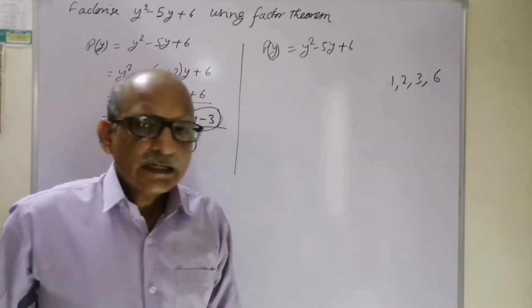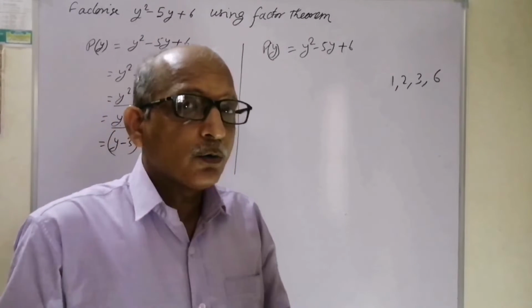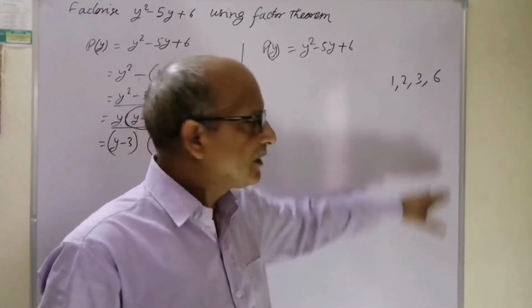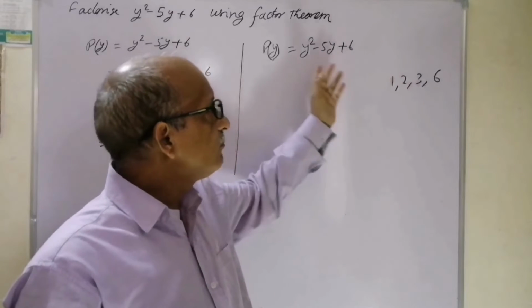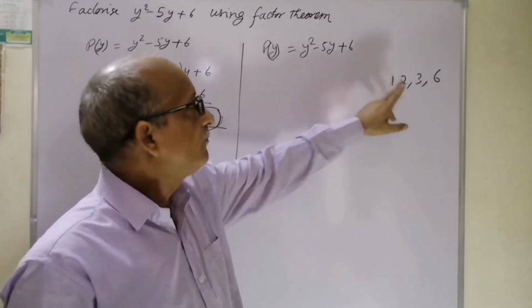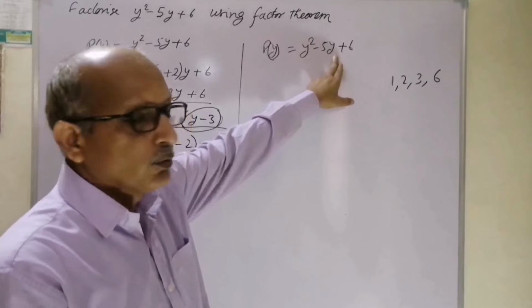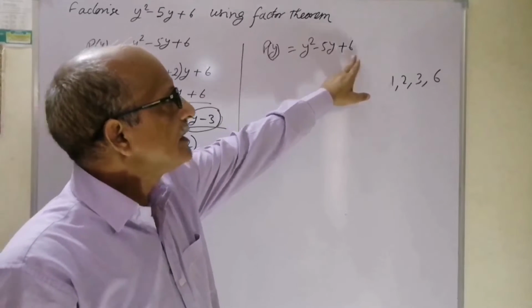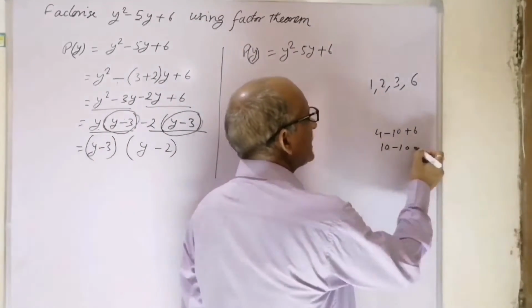So we'll guess for 2. In the same way, now I am telling you how to guess fast, not to write always, because the teacher is not going to see what you have done. The teacher has to see over here only what you are doing. So we'll examine with 2. With 2 we'll get 2 square, that is 4. 4 minus 5 into 2, 10, and it is 6. We have now 6 plus 4, that is 10 minus 10, that is equal to 0.